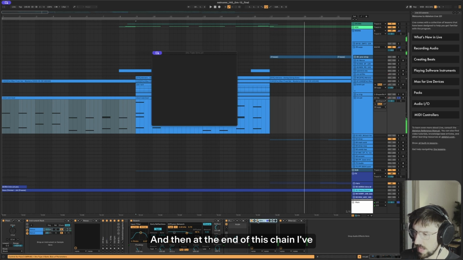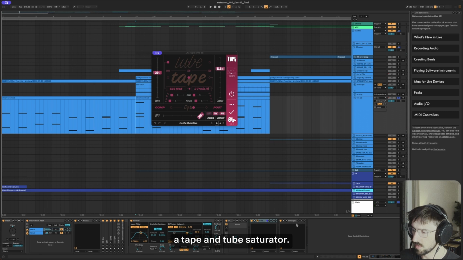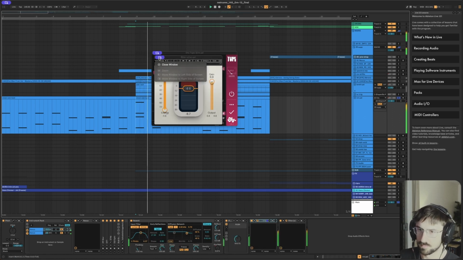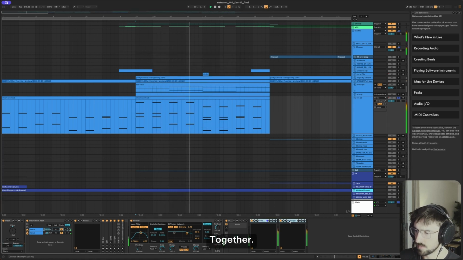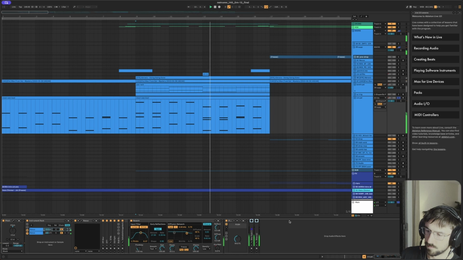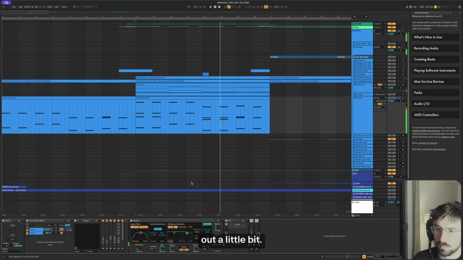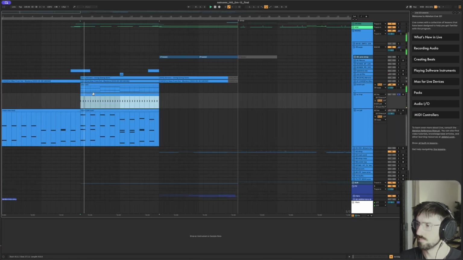And then at the end of this chain, I've got a tube, which is a tape and tube saturator, and then an R box, which is basically just a compressor. Together, basically just bringing a lot of volume up and also flattening the sound out a little bit. And then to stack with that,